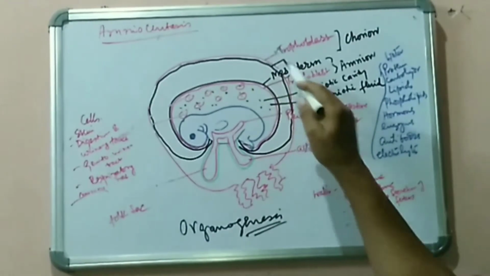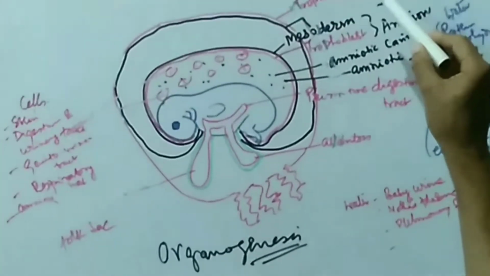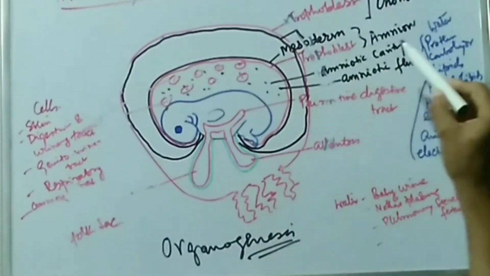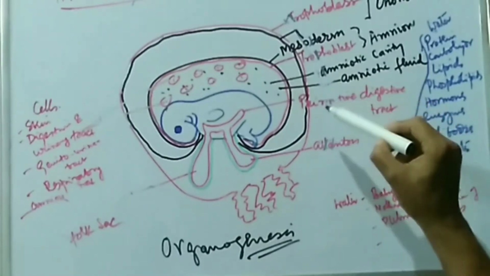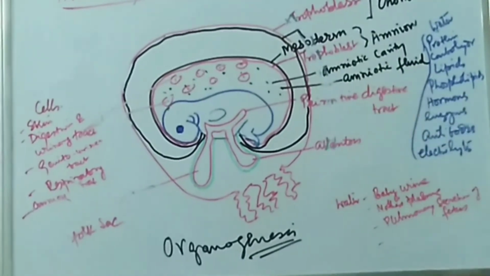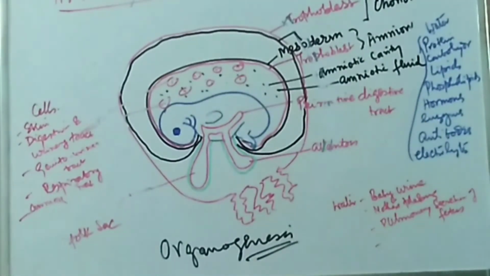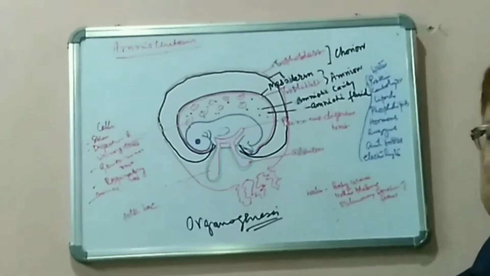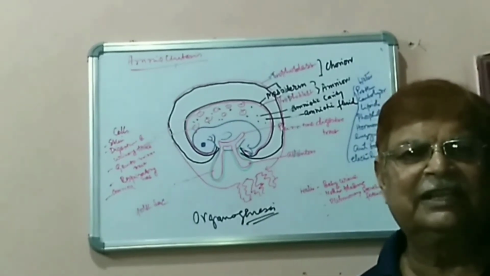Now, this amnion and chorion have got 2 layers. In chorion, the outermost is trophoblast ectoderm, then the inner one is mesoderm. In amnion, the outermost, here you see that the mesoderm is outermost and the ectoderm is inside. Now, this is a fluid that is called amniotic fluid. Now, this fluid has got a specific function, and this amniotic cavity is found only in amniotes. That includes reptiles, birds, and mammals.